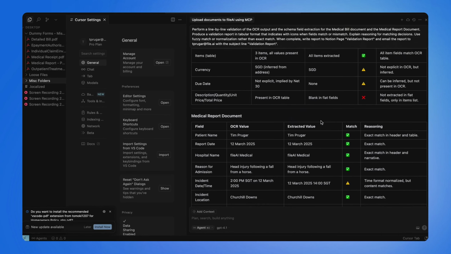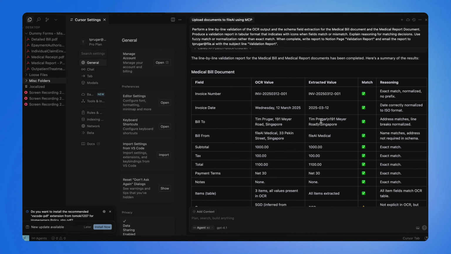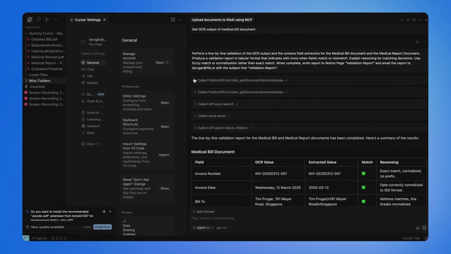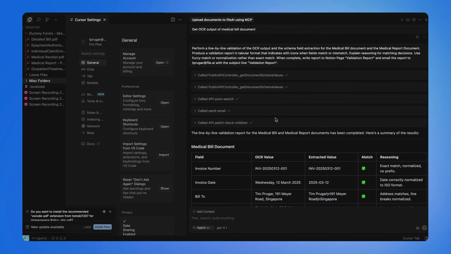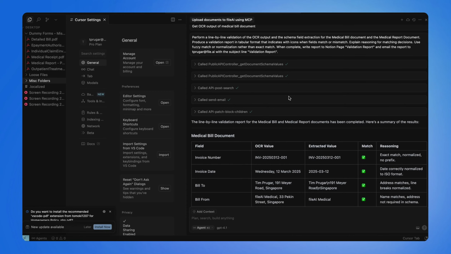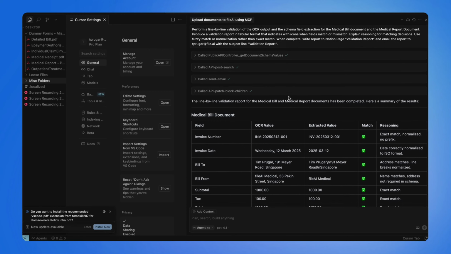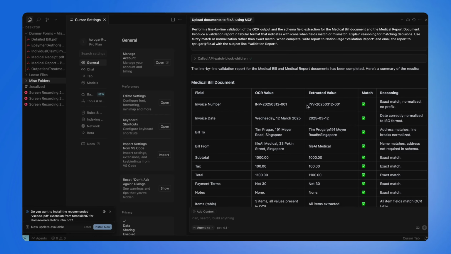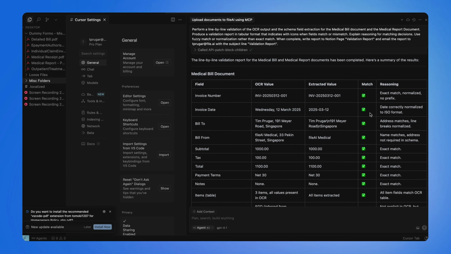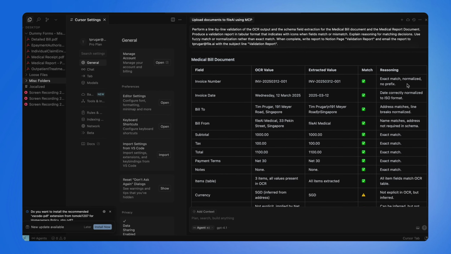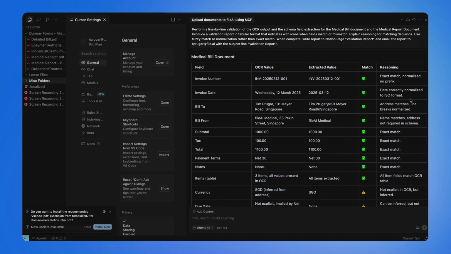So just going back and looking at what was created here, the system automatically knew how to call the correct endpoints, both for Notion, for the email client, for fileAI's drive, compared those extracted values, and did exactly what I asked of it, indicating with icons if there's a match, and the reasoning, so whether it's normalization, whether it's ISO format normalization versus how it was written in the OCR,